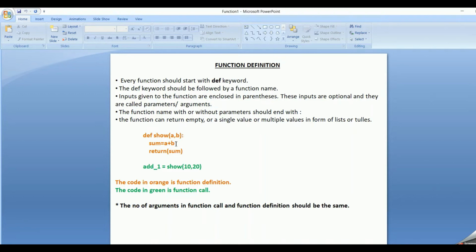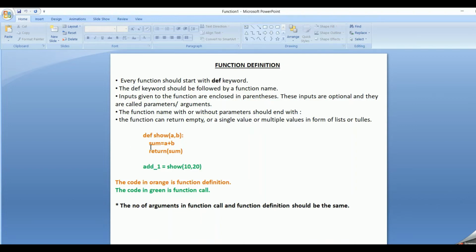So here a and b are the arguments, and the function definition should end with a colon. We should end it with a colon because the statements under the function have to be indented to ensure that they are part of the function.